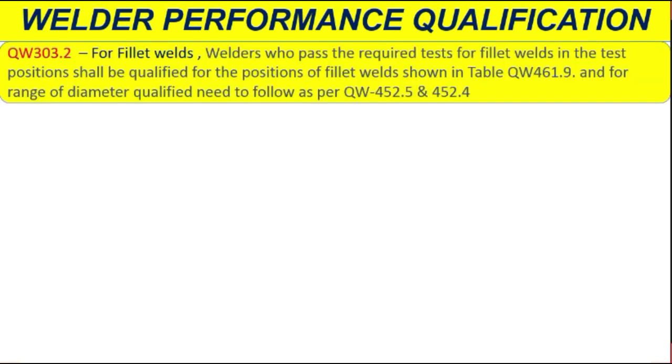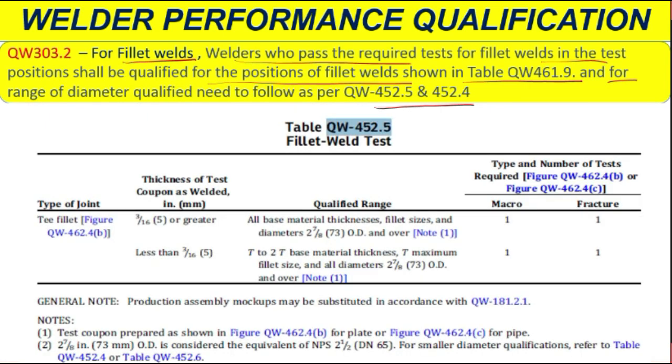Now we'll go to 303.2. What is mentioned for fillet weld? For a welder who passed the fillet weld, the position of fillet weld is shown also in table 461.9. The same as the previous one, we have to follow for the weld position. And for the range of diameter qualified, you have to follow 452.5 and 452.4. What is 452.5? You see, fillet weld test. Fillet weld test in the diameter means